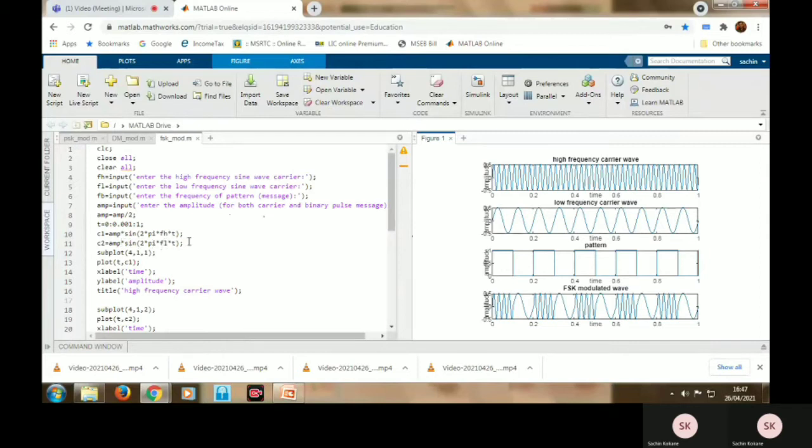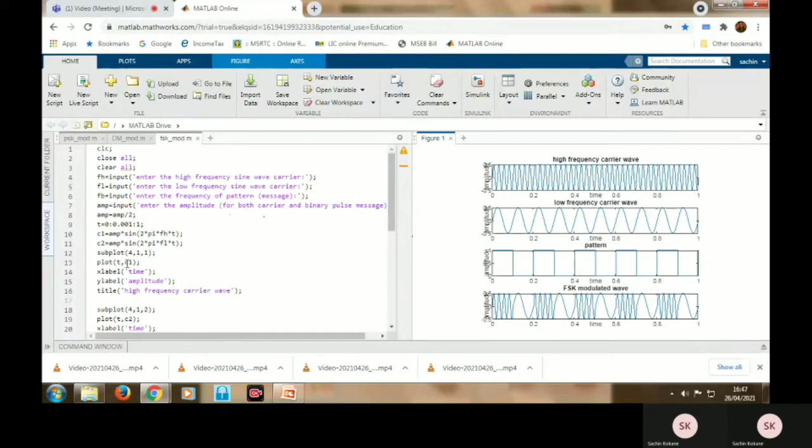As we are seeing here, a total of 4 graphs are there. Since we have to plot all 4 graphs on a single page, we have to use the subplot instruction. By using subplot, we can plot multiple graphs on the same page. Here I need 4 graphs, so I will take 4 rows and a single column. The first digit indicates the row, the second digit indicates the column, and the third digit indicates the section in which we are going to plot the signal. Now we are going to plot the signal in the first section, that's why here it is 1.